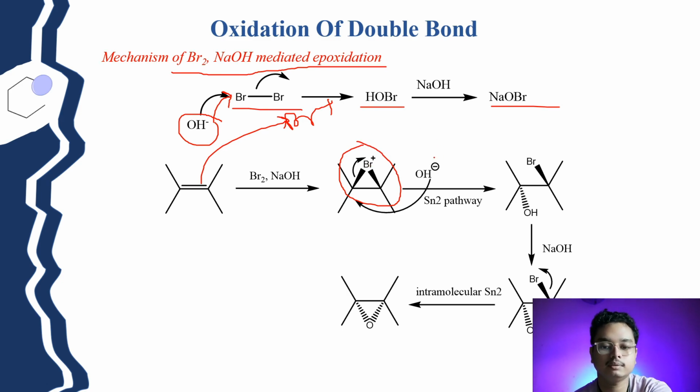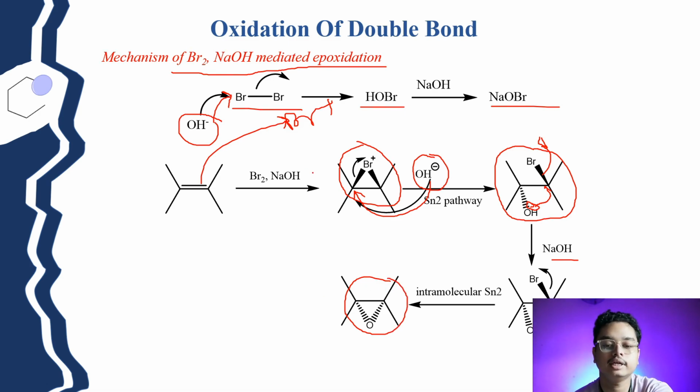Then the OH minus attacks through the SN2 pathway and generates the bromohydrin intermediate. After that, in the presence of base, the proton is captured. So this negative charge will undergo an intramolecular SN2 pathway to kick out the bromine, and we get our